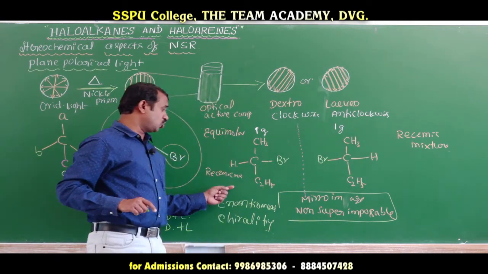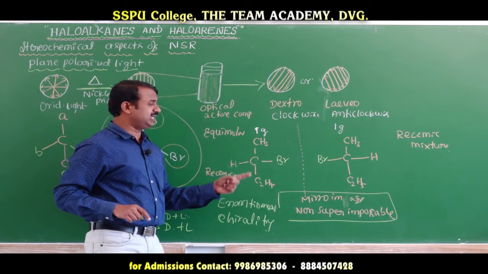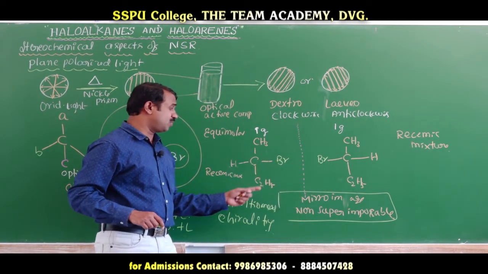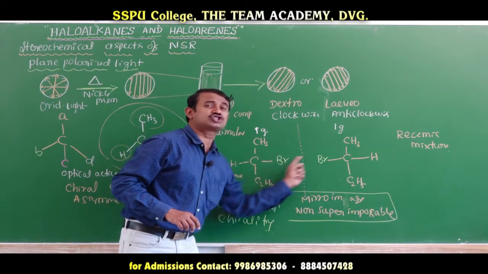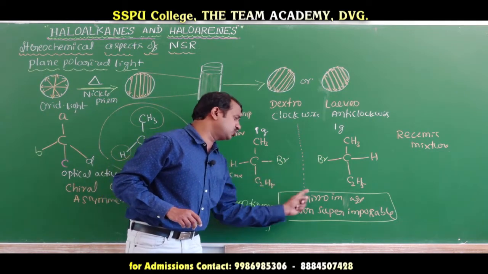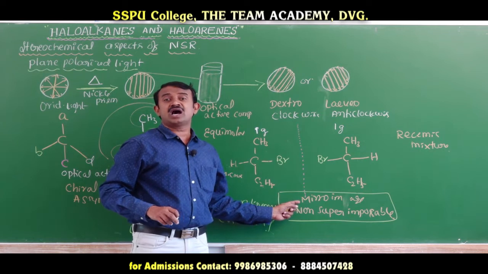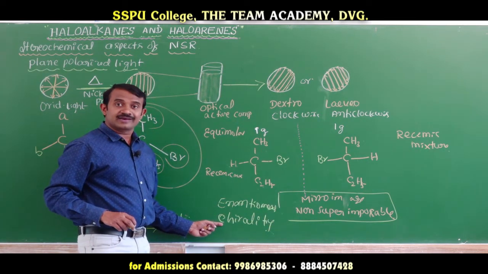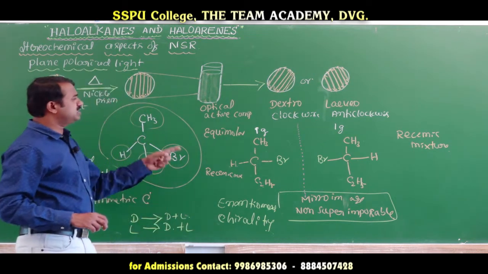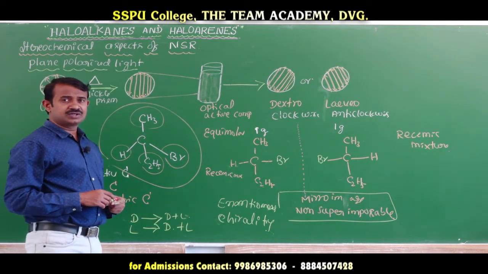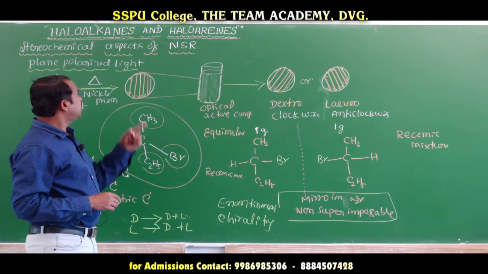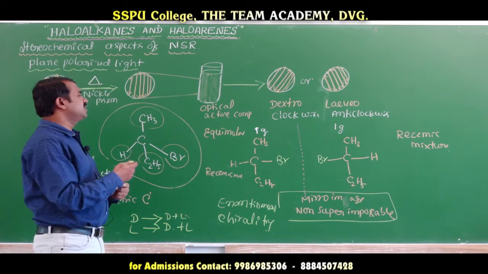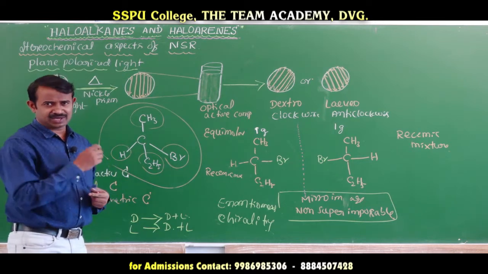What is dextrorotatory? It will rotate clockwise. What is levorotatory? It will rotate anti-clockwise. What is an enantiomer? Compounds that are mirror images of each other and non-superimposable are called enantiomers or chirality. Okay, these are all important factors of stereochemical aspects. Okay, we will go one by one. What is plane polarized light? I will write the sentence.